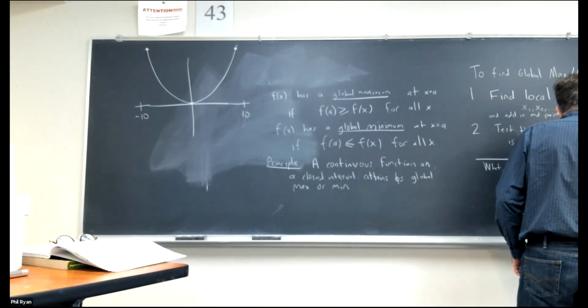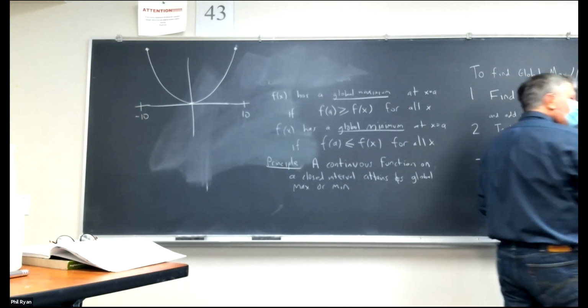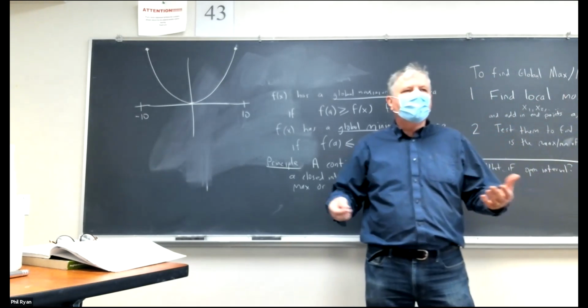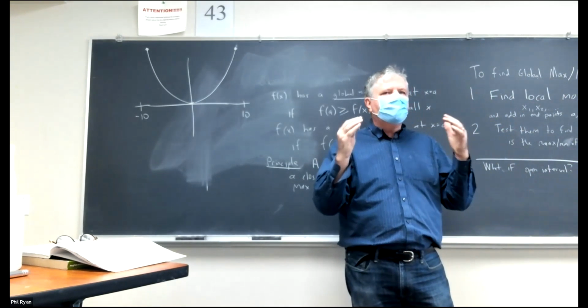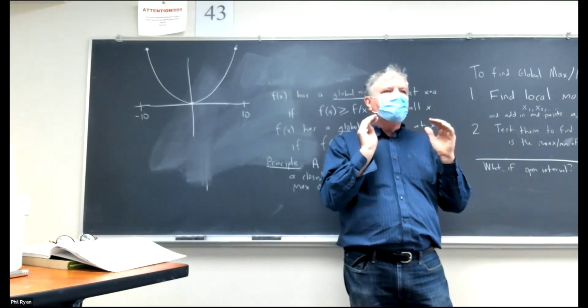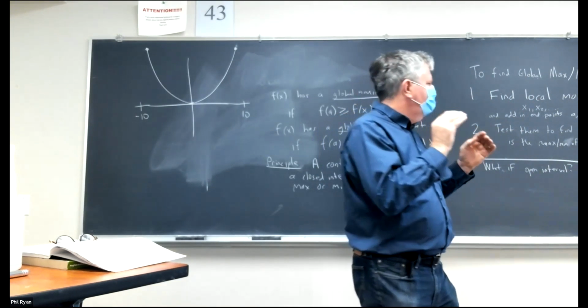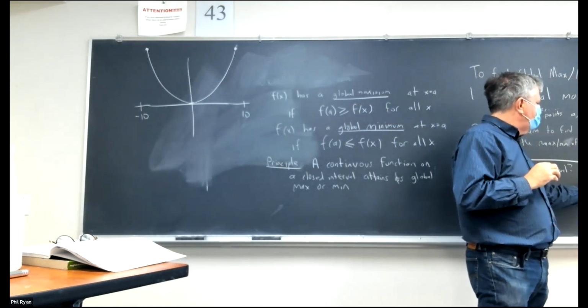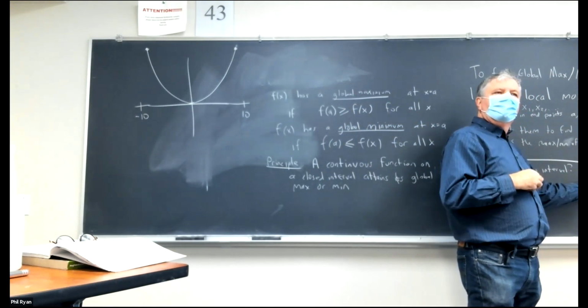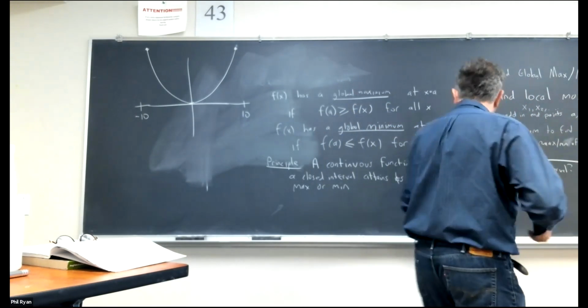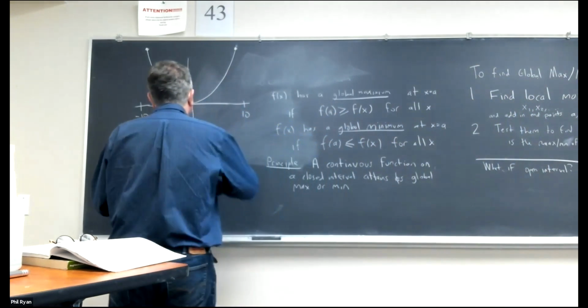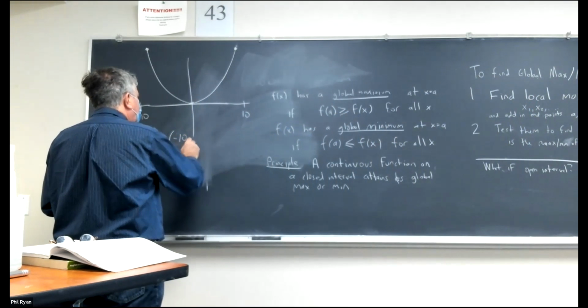You think of that as minus infinity to infinity. Any time you've got one of the endpoints being open, remember what that means. It means that it's all the numbers up to that, but it doesn't include that last thing. So for example, if it was the open interval (-10, 10),